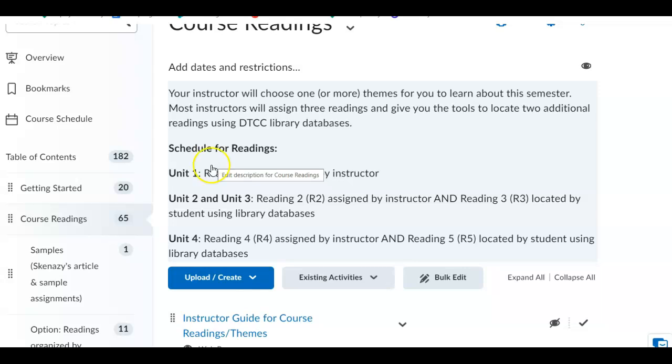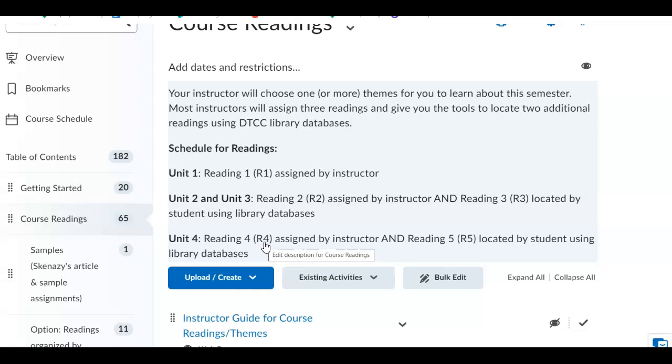The second and third units are going to be focusing on creating a summary and response paper at the end. That's probably going to be based more in ideological response. So something that they could agree or disagree with easily would be a good idea for assigning reading 2. For Unit 4, they're going to do a critical evaluation as the summative assignment. So something where they're going to be able to pull it apart more rhetorically and examine what's good, what needs improvement, what part of the argument was successful. That's going to be more of a